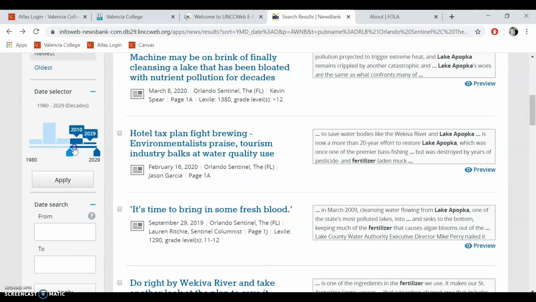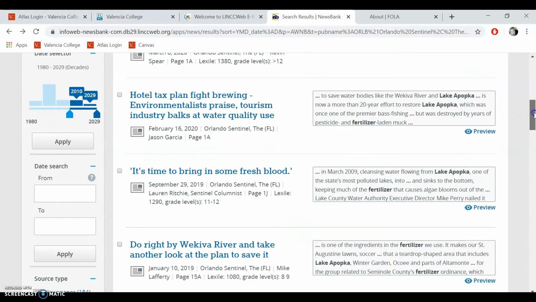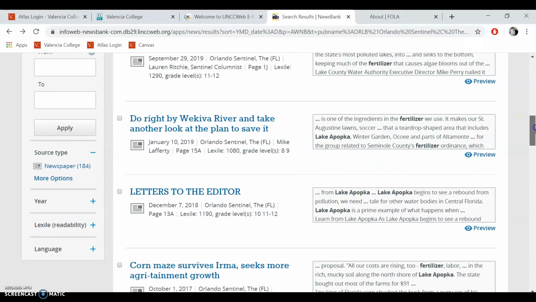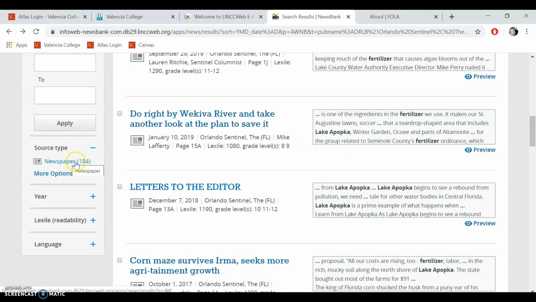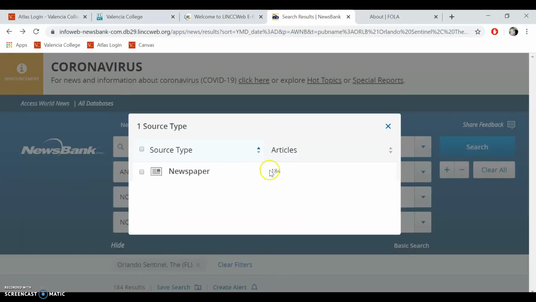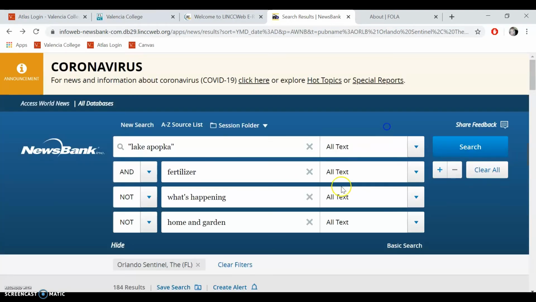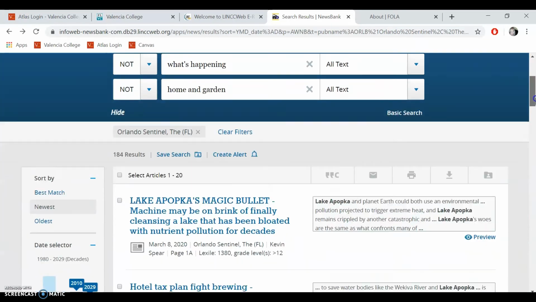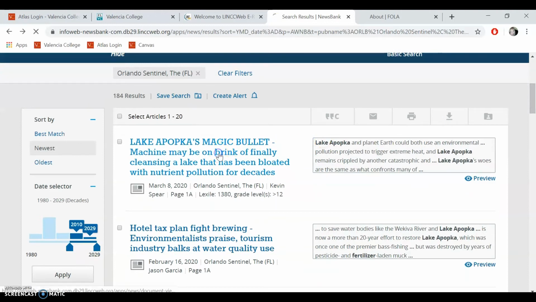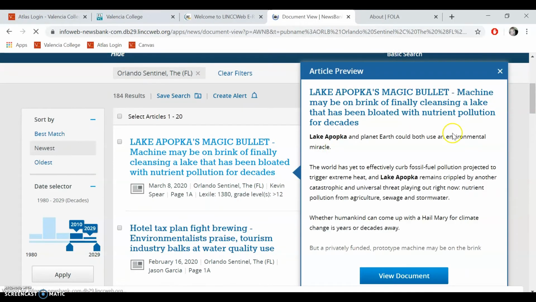Unless I'm really interested in learning about what Lake Apopka was like in 1990, and you want to look at the state of the lake back then compared to today, maybe that will have relevance. But the most recent articles will also talk about the history of Lake Apopka. So you might be best to stick to the last 5 years. And you can also, so it's newspapers, and it gives you some more options if you want to narrow it down. Most importantly, when you click on an article that you think you might want to use, you want to make sure